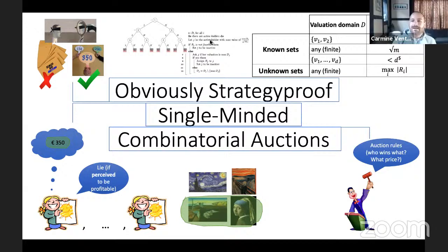Yeah, so this is a different issue. So now we don't care about running time. We're just trying to understand where we can get with obviously strategy-proofness. Now, when you talk about running time here, you have two components. You have the extensive form game, which is this thing here, that has a complexity of its own, plus how long it takes to compute the algorithm in the leaves, which is when you get to the point in which you know how much the bidders like the sets.